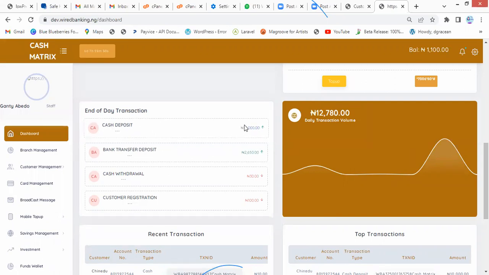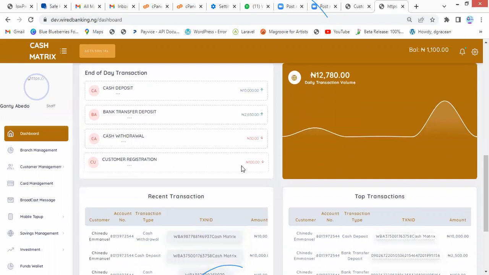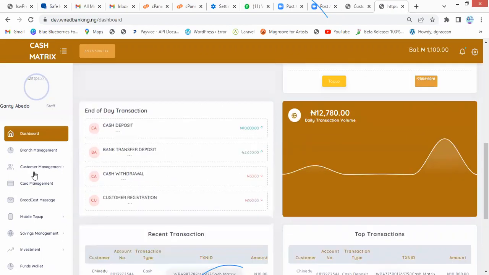We're able to see the sum of cash that was deposited. You're able to see the money deposited by transfer, the money your customer sent to you, right, by transfer. You're also able to see the sum of the cash withdrawal. You're able to see the registration charge. So at the sum of everything, you have your daily transaction value here that will be